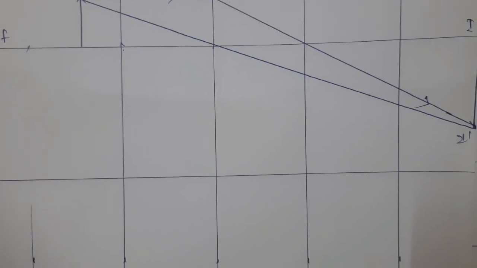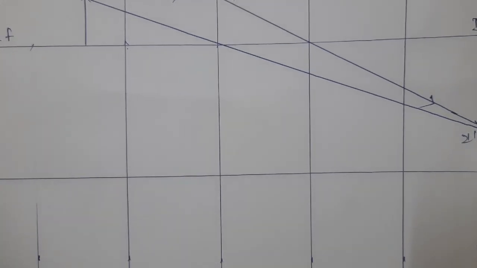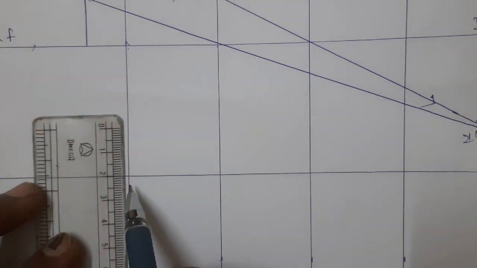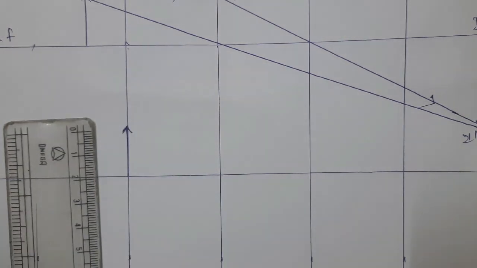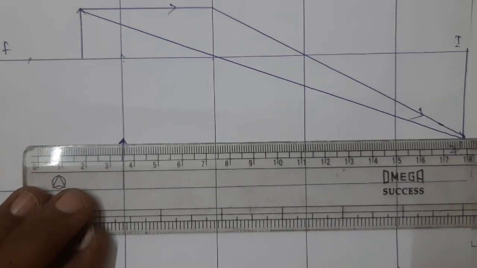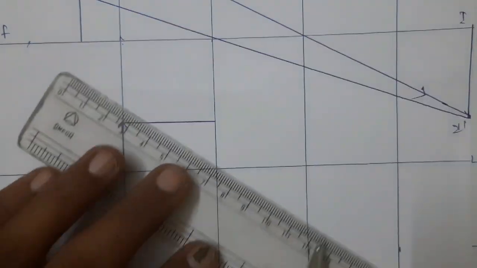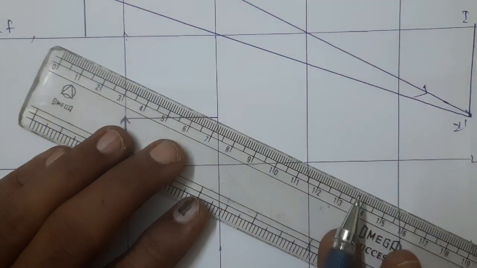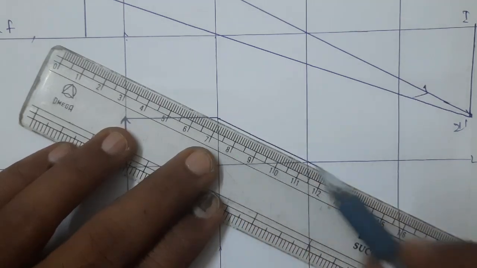Okay. Next I will consider the object at F, correct? Therefore suppose the object itself is at F. Now this is interesting. This is at F. Then again I will draw the ray which is parallel to the principal axis. This is the ray which is parallel to the principal axis. After passing through the lens, at this point, it passes through the focus and